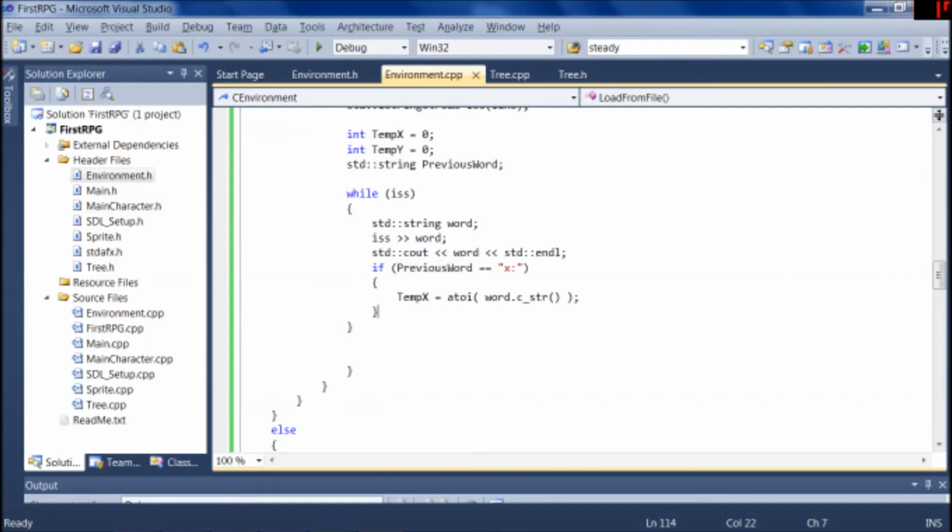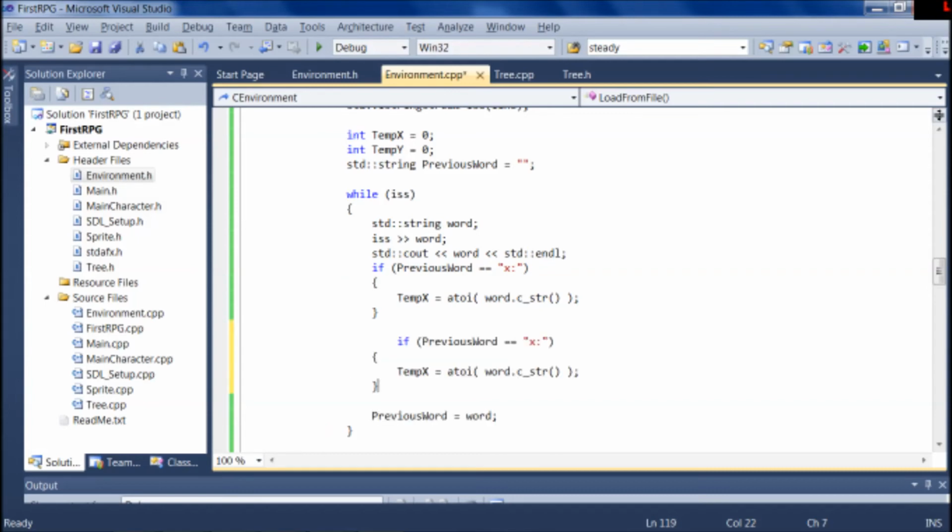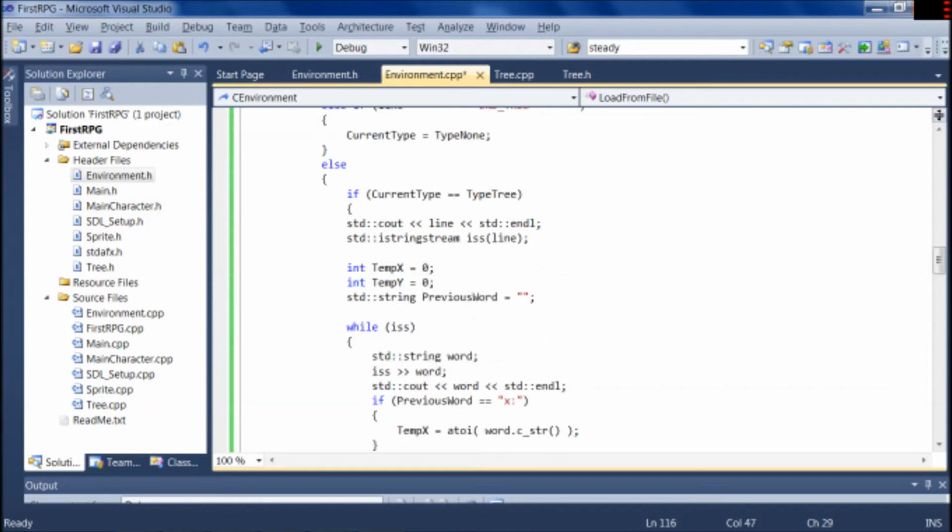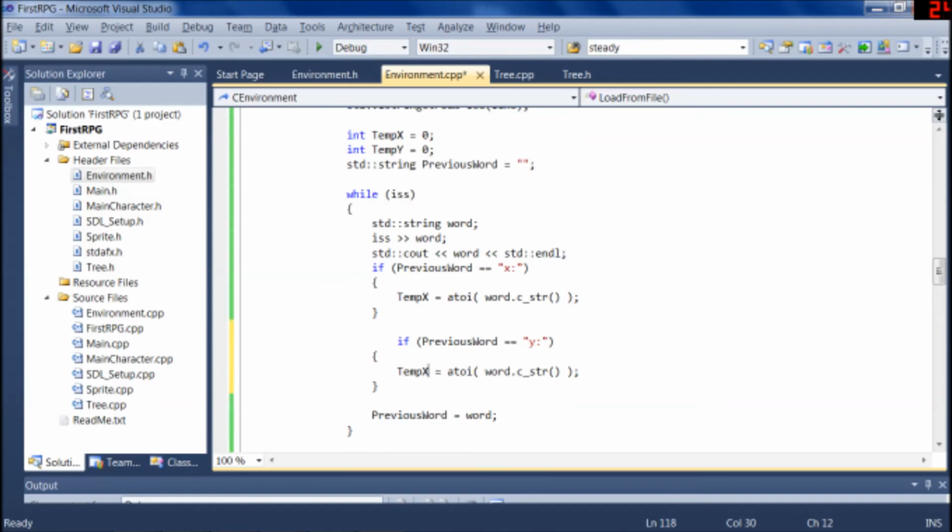But we don't know what previous word is. What we're going to do is, at the end, we set previous word to word. So once we go through this, and the previous word isn't equal to that, and we should set it to nothing at the beginning. So that means we have x and we can set x. Now we can just copy that, paste it below, and if it's equal to y, that means that temp y is equal to this word. Now we actually have x and y, but to make sure we can